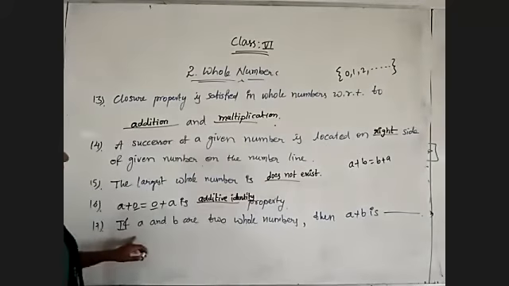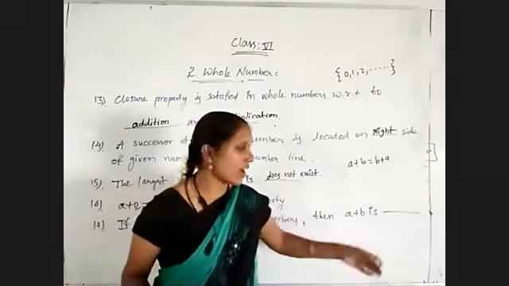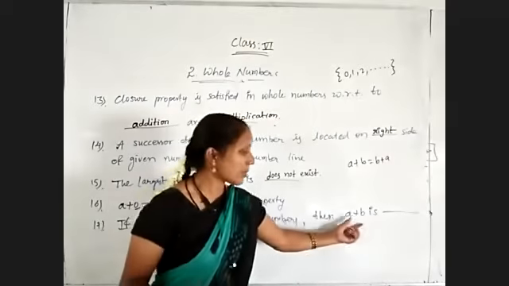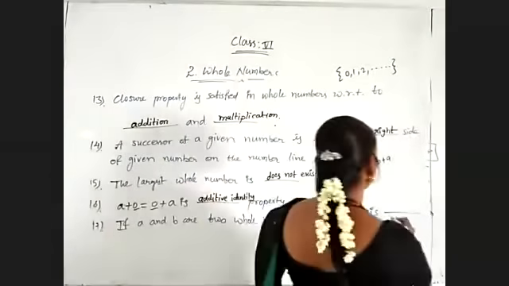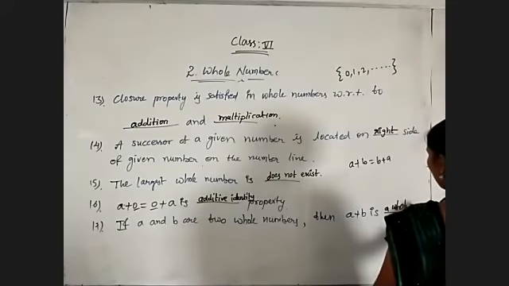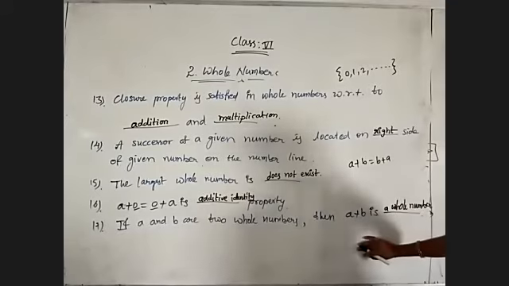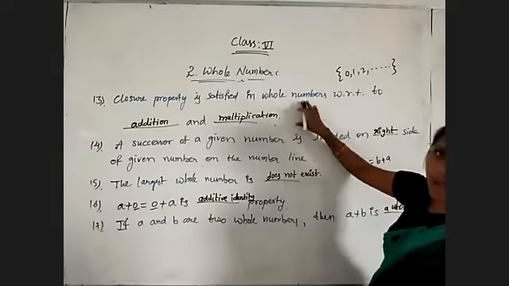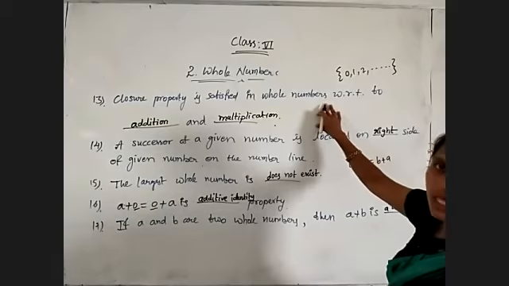Okay. Now, if a and b are two whole numbers, then a plus b is dash. What is the result asking? A plus b, the sum of two whole numbers also is a whole number. Closure property. So remember, options they will also give, but for what sake I am not giving: if options are there you can understand easily. Without options also you need to answer all this.